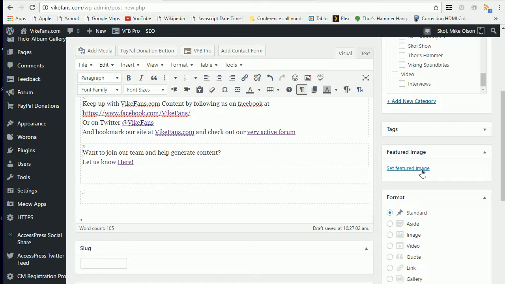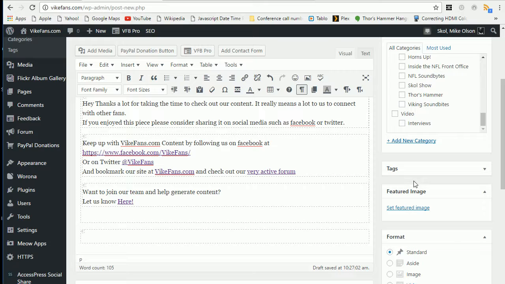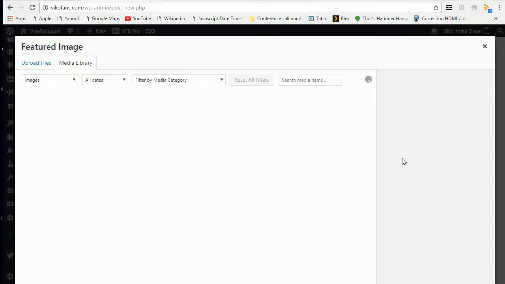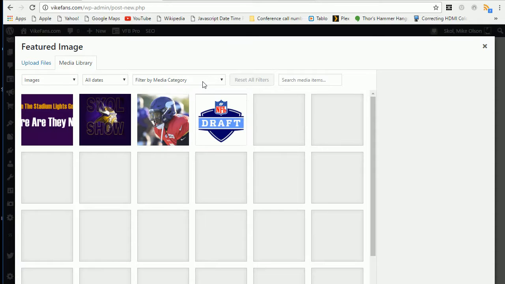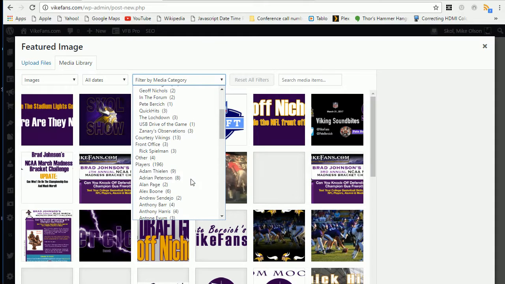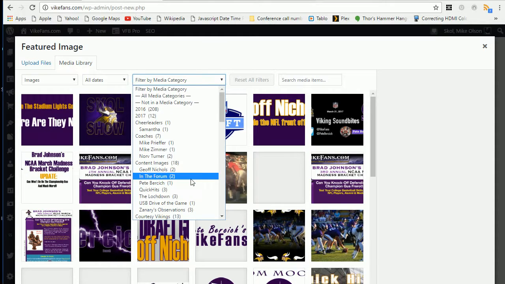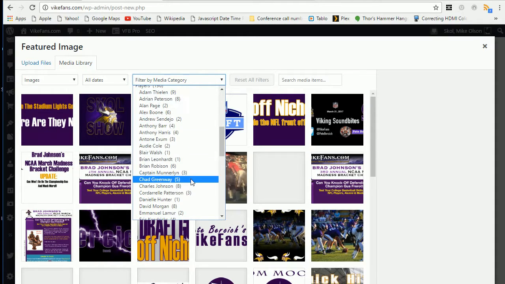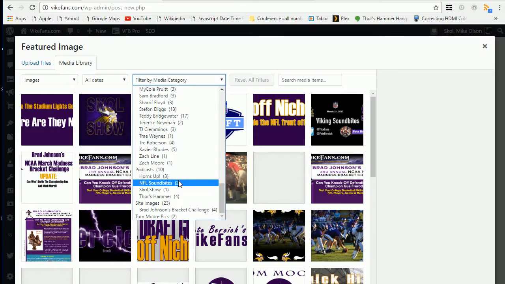You can still set a featured image even if you are not checking that feature up in the categories, it's just that it'll be embedded in your page. So you go ahead and set the featured image. You can filter by category. And within there, if you're looking for your slider for your piece, it's going to be listed under something like podcasts or